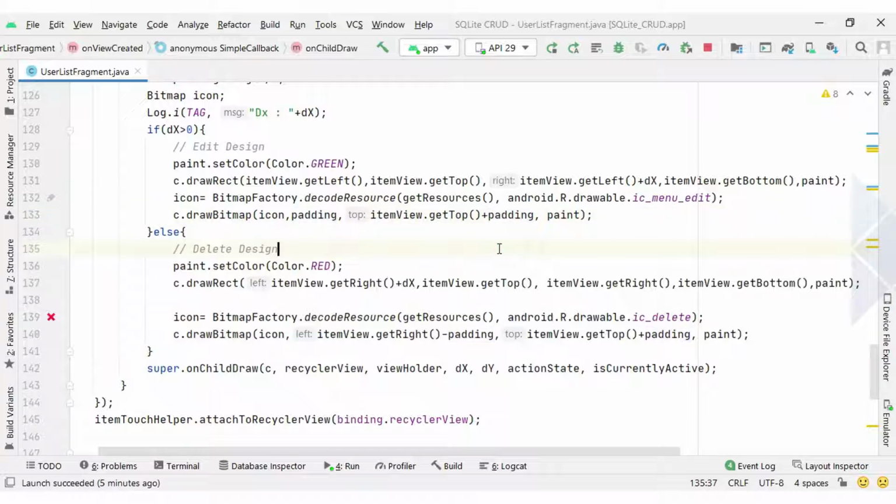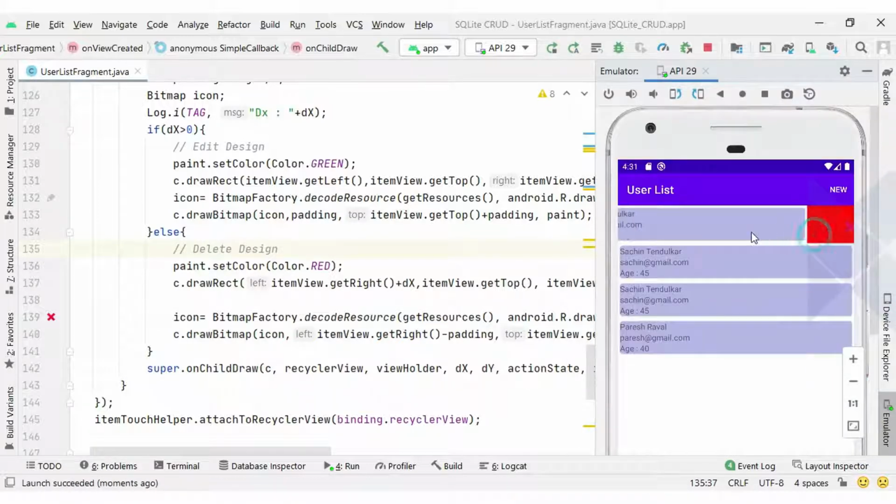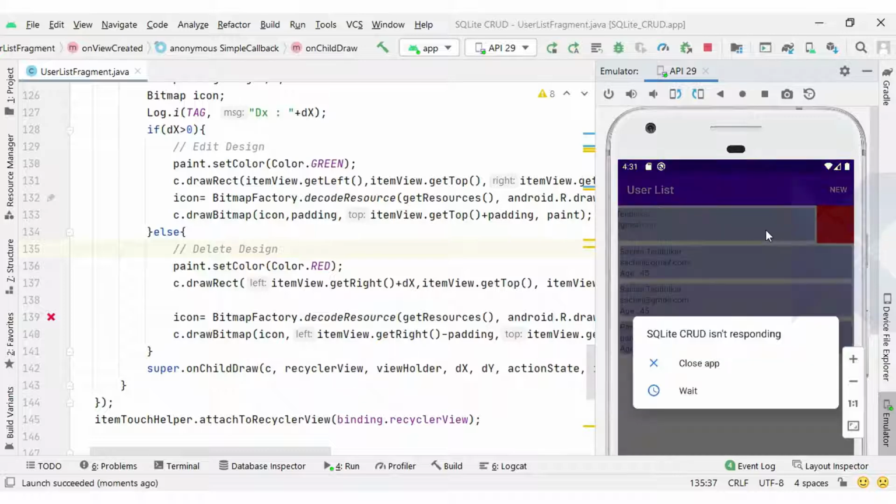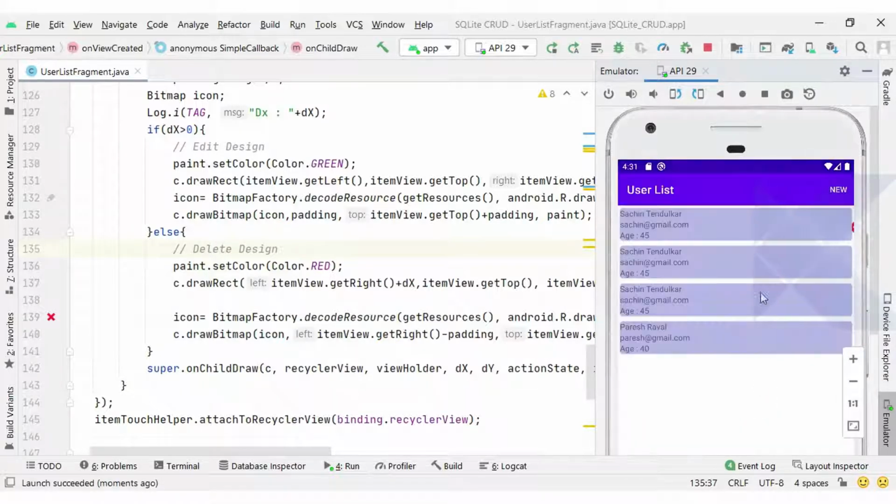So let's run and check the output whether the icon is displayed properly or not. Okay, if we swipe right you can see the delete icon is there, but it is not displaying properly in position. If we swipe left, then the edit icon is displaying perfectly. Okay, so we need to fix the position of our delete icon.